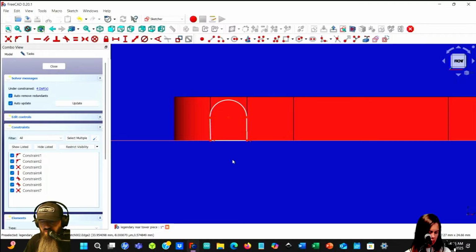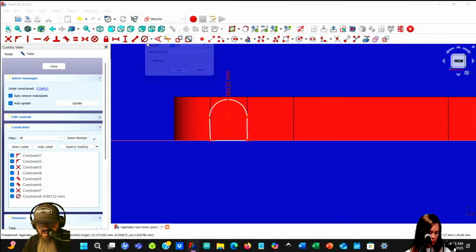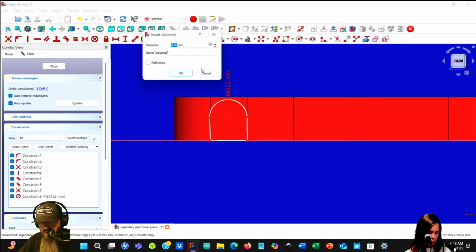So it's 5.5 millimeters from this point to this point. How do we get that? The radius of that is about 2.8.